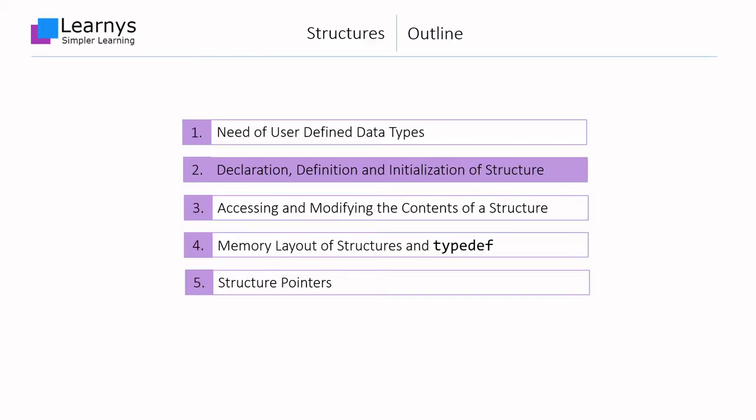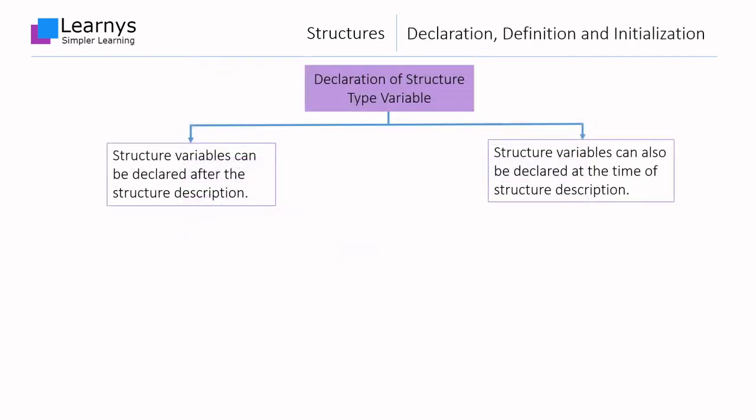Next, we will be looking at how to use a structure in practice. We know how to describe one and how to tell the compiler what data needs to be stored. But we haven't given the compiler instructions on how to declare and define it in memory. Once a new structure has been described, its instances can be created in the following two ways.